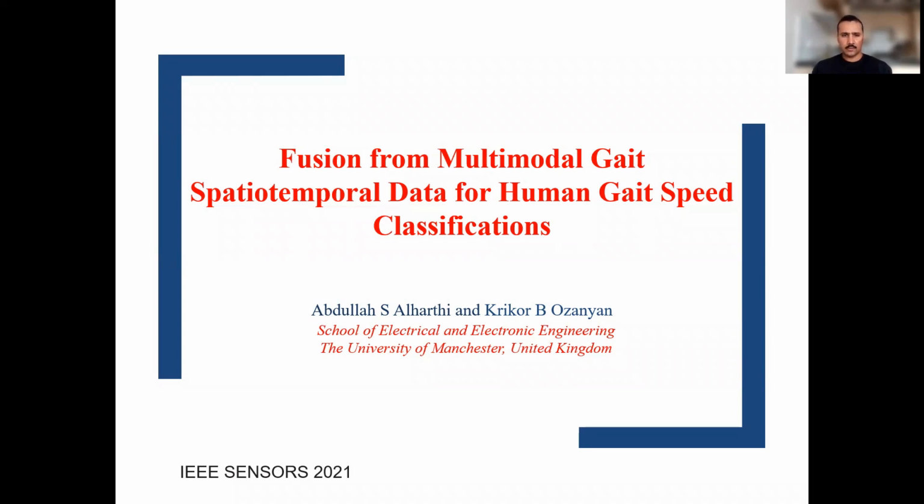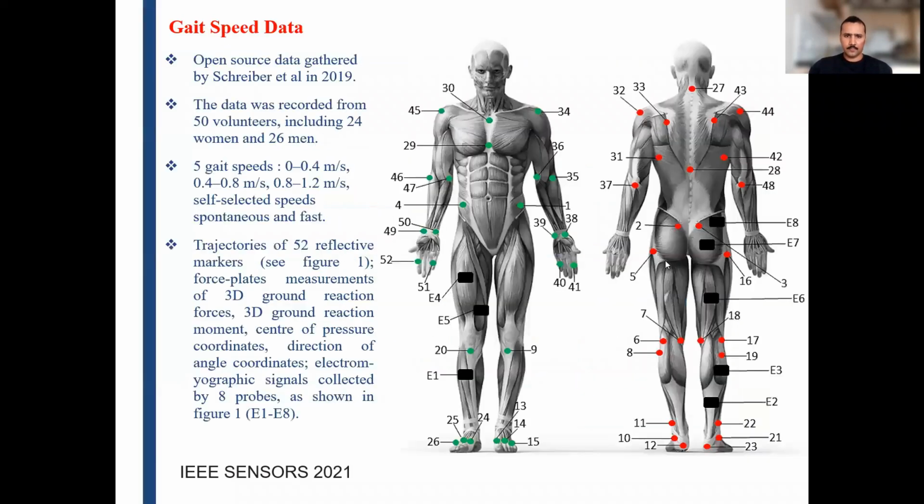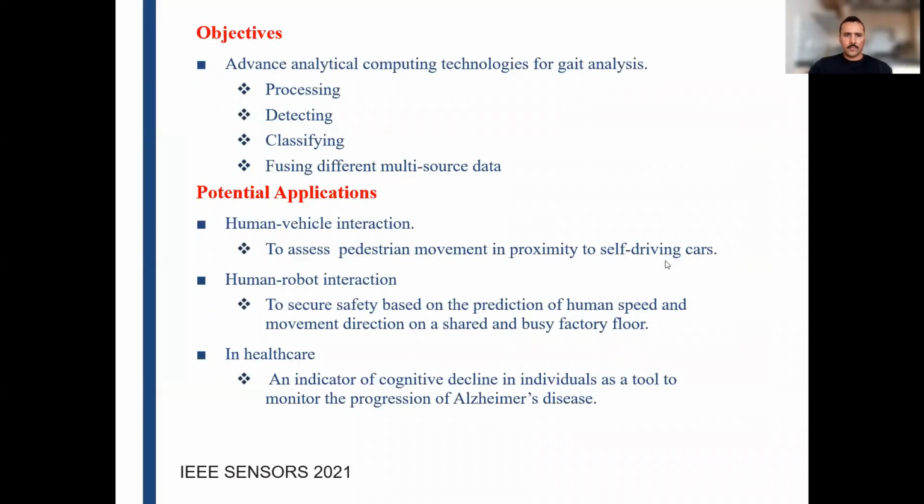The paper is titled Fusion from Multimodality Gait Spatial-Temporal Data for Human Gait Speed Classification. First of all, the objective of this paper is advancing the analytical computing technologies for gait analysis by processing gait signals and data, detecting patterns, classifying gait into categories or patterns, and the fusion of different multi-source